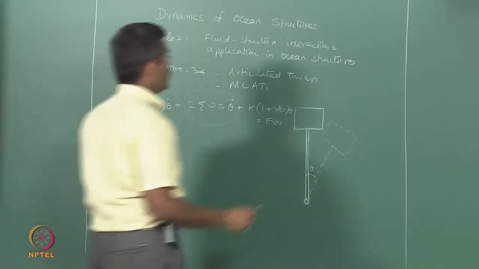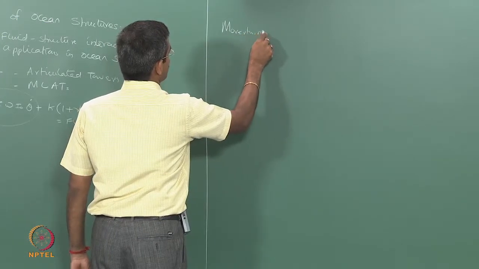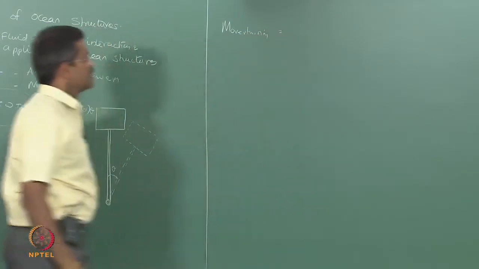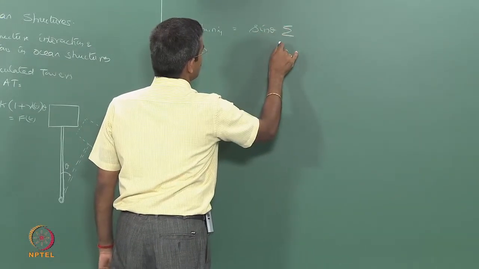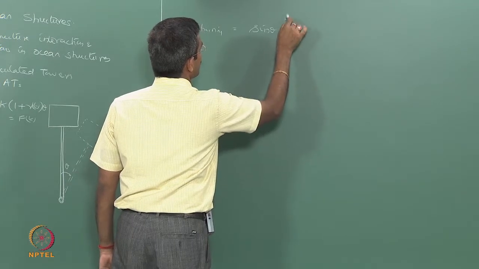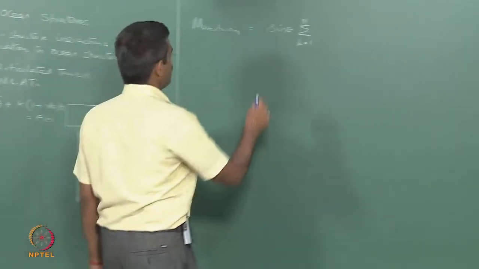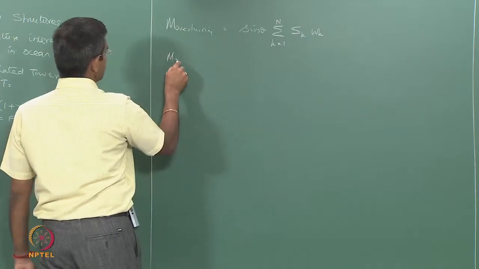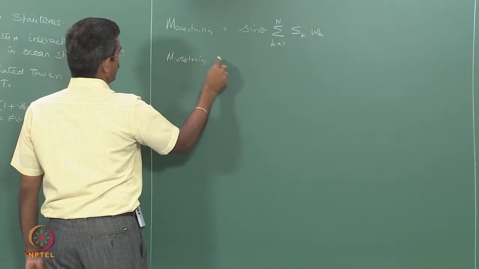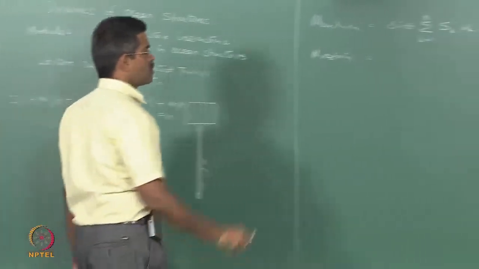We already said that the overturning moment, which is responsible for overturning the platform, is the summation of SKWK, whereas the restoring moment, which depends upon the recentering capacity of the platform, depends upon the submerged volume, which is rho Wg,